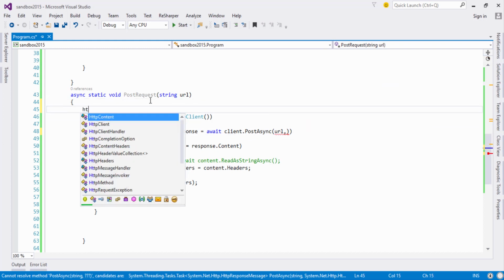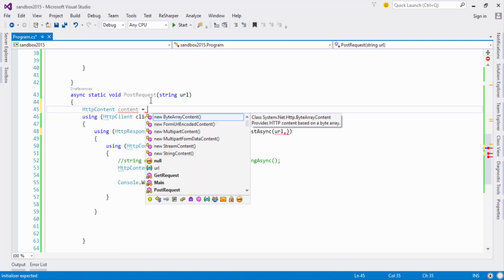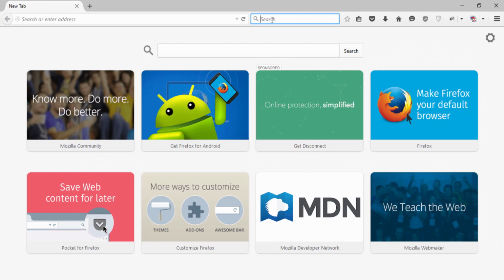So this HTTP content is basically in the form of, if you are transferring a file, so it will be a multi-part content or a multi-form data content. Since we are just sending out a form of a variables as you see on daily basis, such as